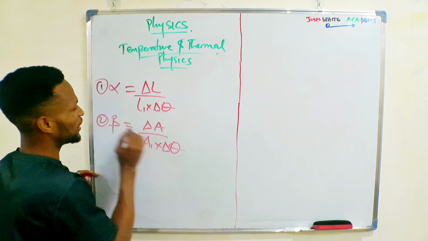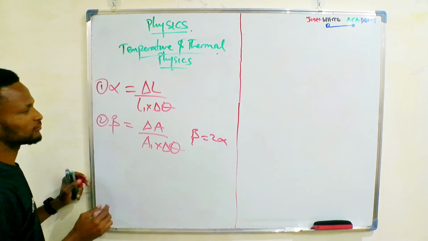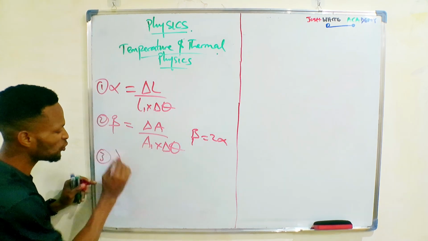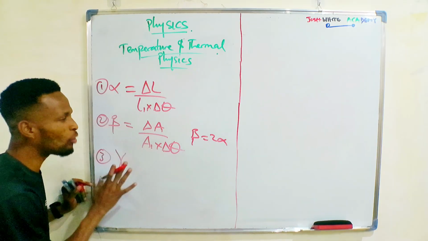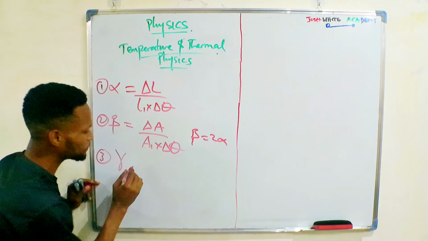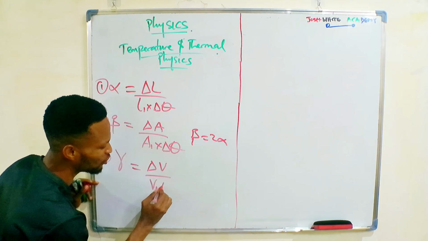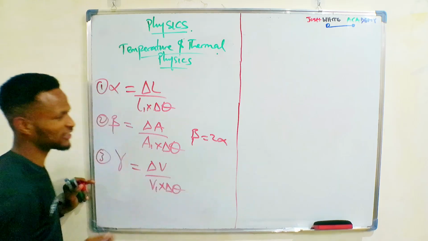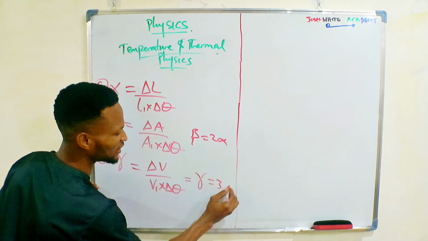And beta is actually 2 times alpha. Then number 3, we have our cubic expansivity or volume expansivity, which is equal to change in volume all over initial volume multiplied by change in temperature, which is times 3 of